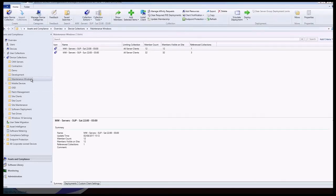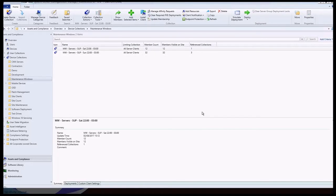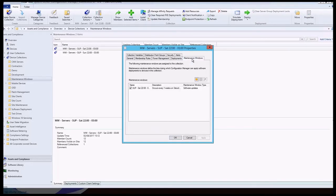And critical servers. So for servers, I've defined patching is allowed to happen from 10 p.m. to 3 a.m. on Saturdays, and 10 p.m. to 3 a.m. on a Sunday. So here we have two different sets of groups, and the maintenance window is just about defining